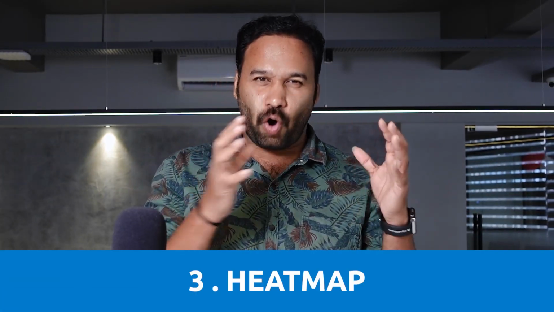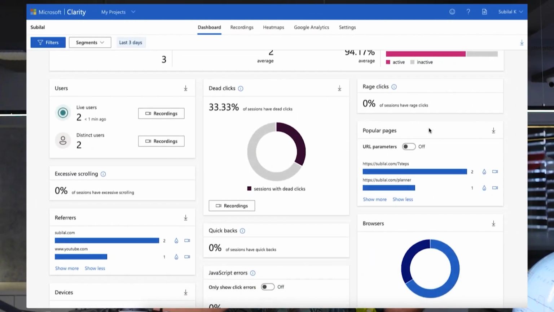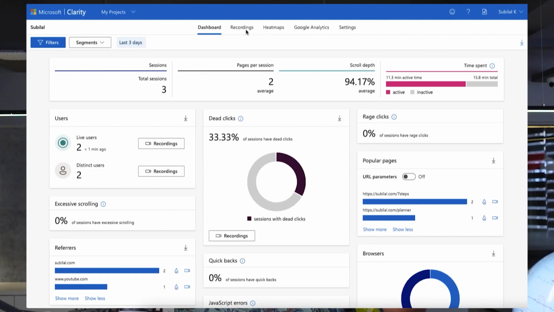And the third thing is the heat map. Now, a heat map is an overview of the total engagement happening on your website. It will show you the hot areas where customers are getting engaged more and the cold areas where nobody is getting engaged. So by using a product like Clarity, you will come to know the investment which you